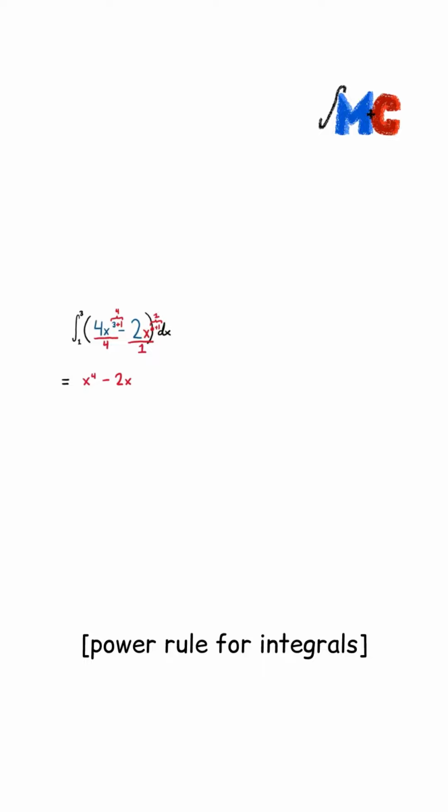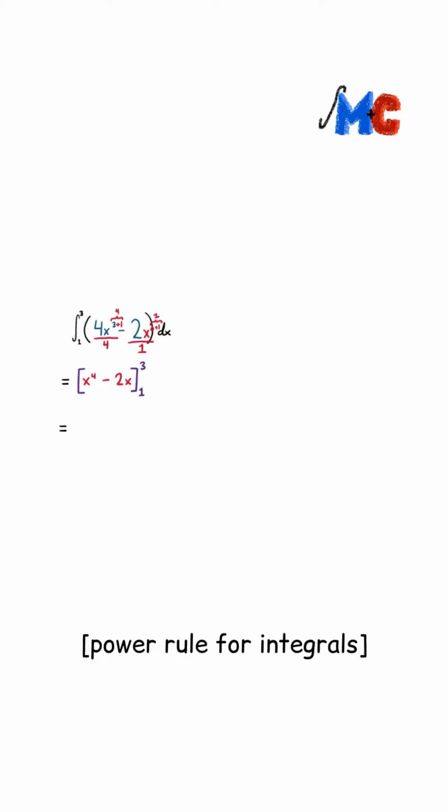Now, in order to properly take this integral on the bounds given to us, we have to remember that this integral is evaluated from 1 to 3, which is typically notated using these square brackets. From here, we'll use the other part of the fundamental theorem of calculus that I talked about in the last video, where evaluating this integral from 1 to 3 is the same thing as the integral at 3 minus the